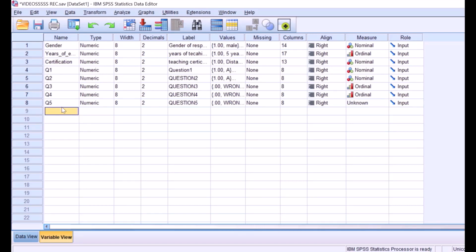And then Q6, question 6. I can copy and paste because it's following the same wrong and right option. And I can choose my measure, ordinal, and so on. So we are done coding the 6 questions on our instrument